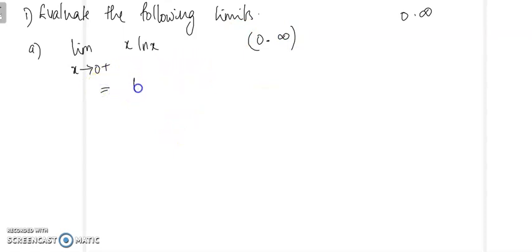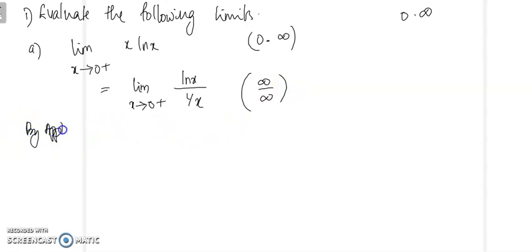So let us rewrite it as limit x tends to 0 plus, so I'm going to write it as ln of x by 1 by x. Now this reduces to the infinity by infinity form. So by applying L'Hospital rule